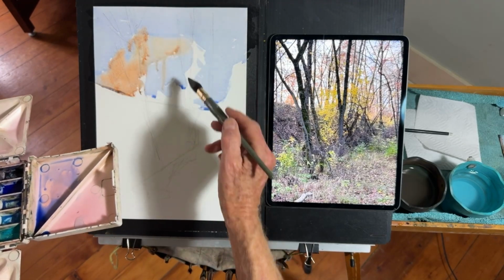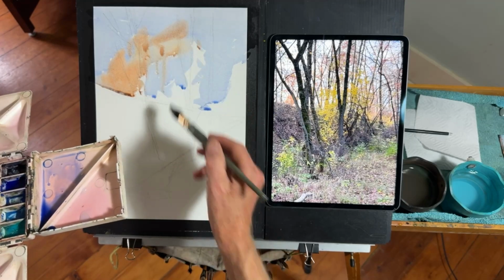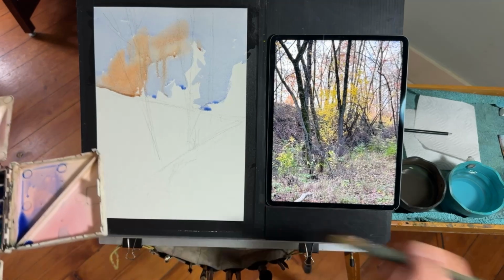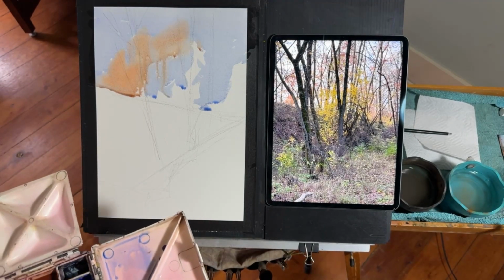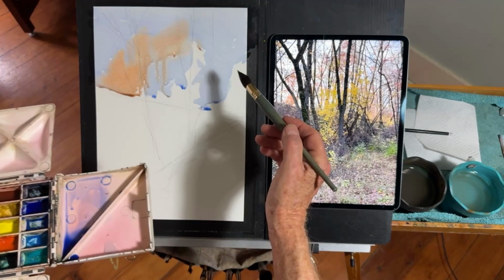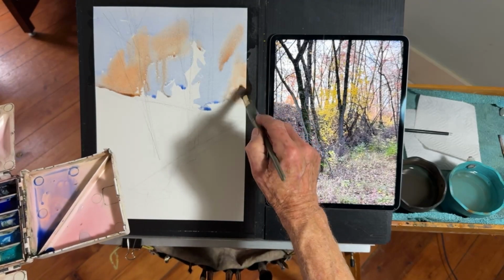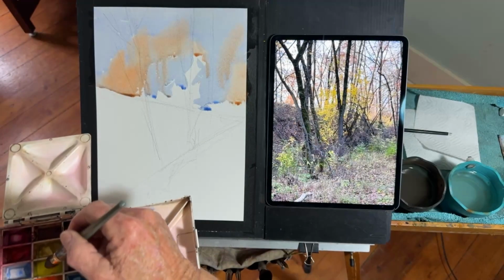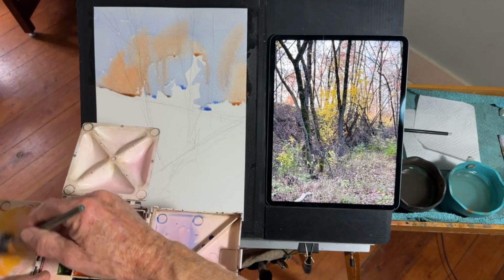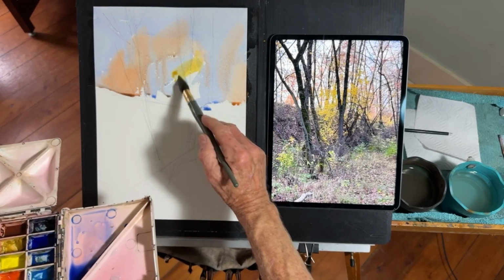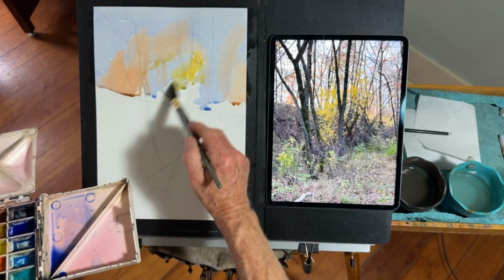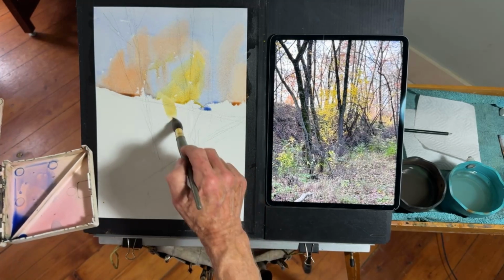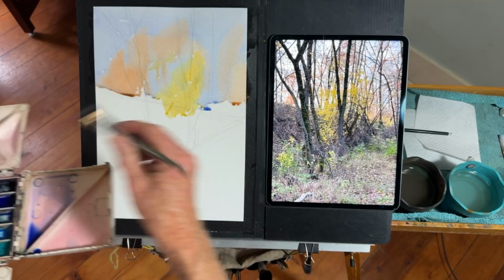It's fall, you know, if you don't get them in exactly where they happen to be, it's all right. Now there's some of that orange over in here, a little bit in here. This is where the yellow starts. This is not the only way we could do this. One could splatter this stuff on there, and